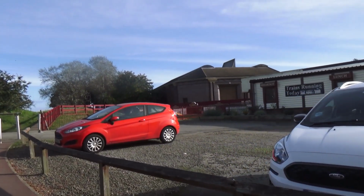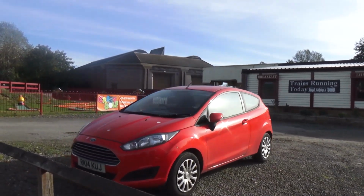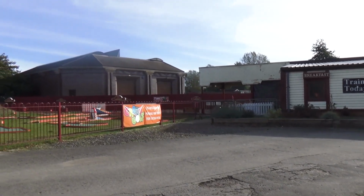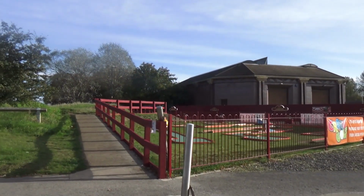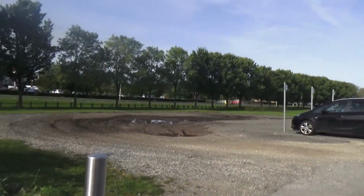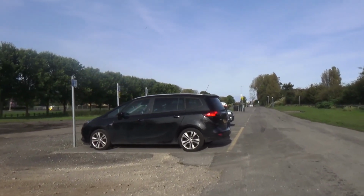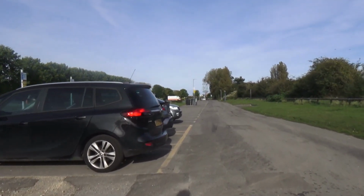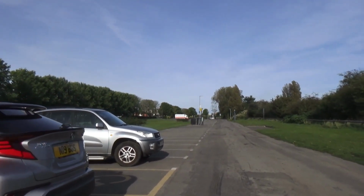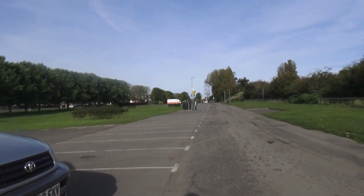But it's so well maintained. With Scarborough, one side is absolutely fantastic, as it always was, Esplanade and South Bay, but the North Bay to me is really poor. But there's plenty of car parking around here, but I'm tight as usual, and I found a free car parking space